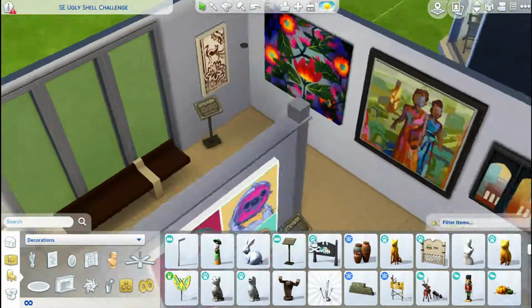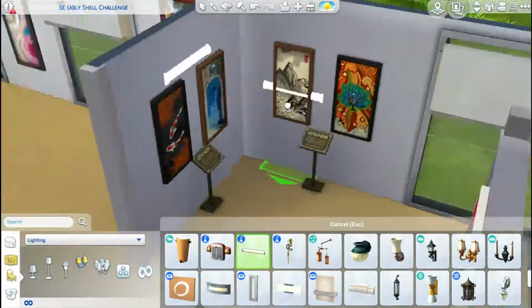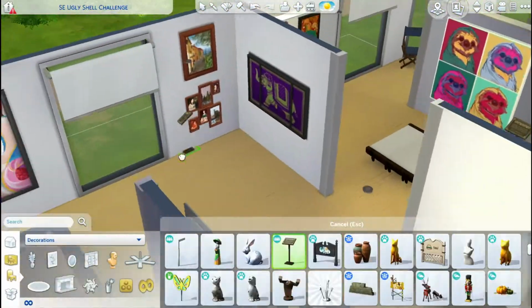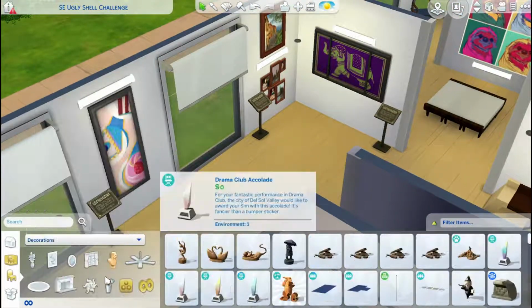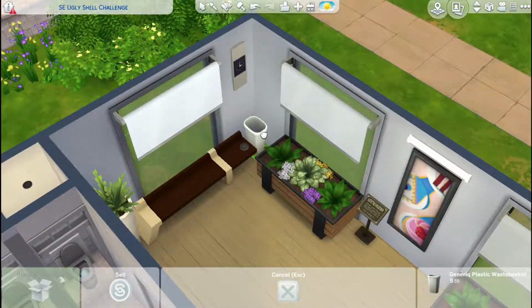Here are the Japanese paintings I was talking about, adding again all the plaques, and I think it looks super cute. Again, lights, because we needed the lights. I really wanted this to look completely full. Also here, this little area going to the bathroom has some stuff that you can check out as well,